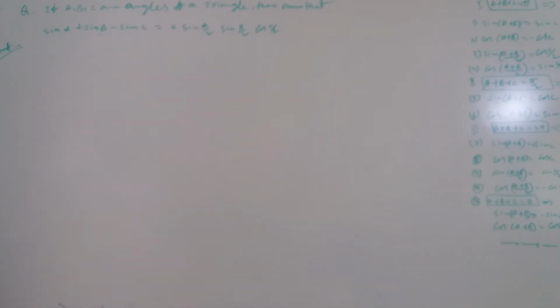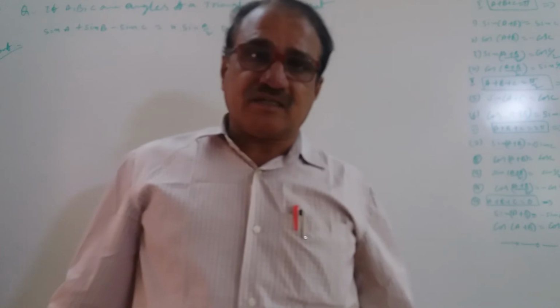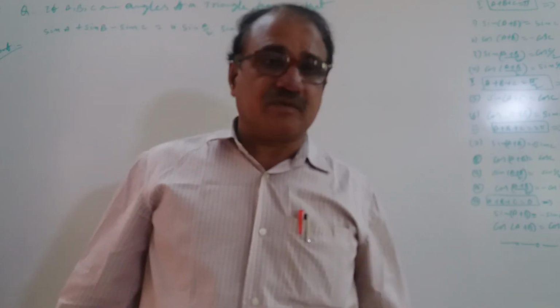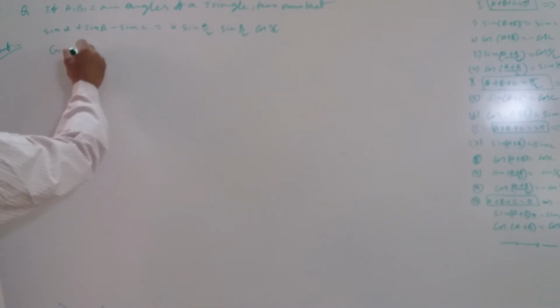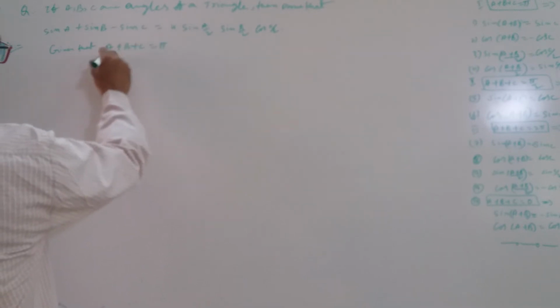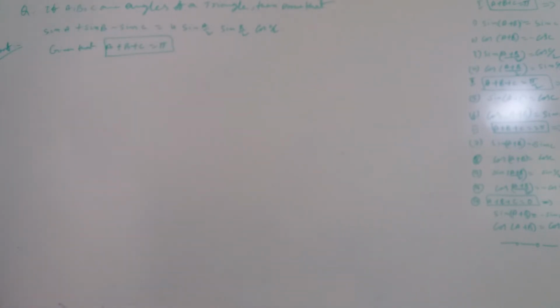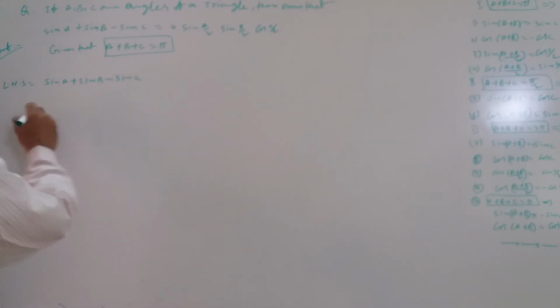what is given? Read the question again. If A, B, C are the angles of a triangle, what is the meaning of that sentence? Angles of a triangle means A plus B plus C is equal to pi. Given that A plus B plus C is equal to pi. By using this relation, we have to prove this. Now take LHS